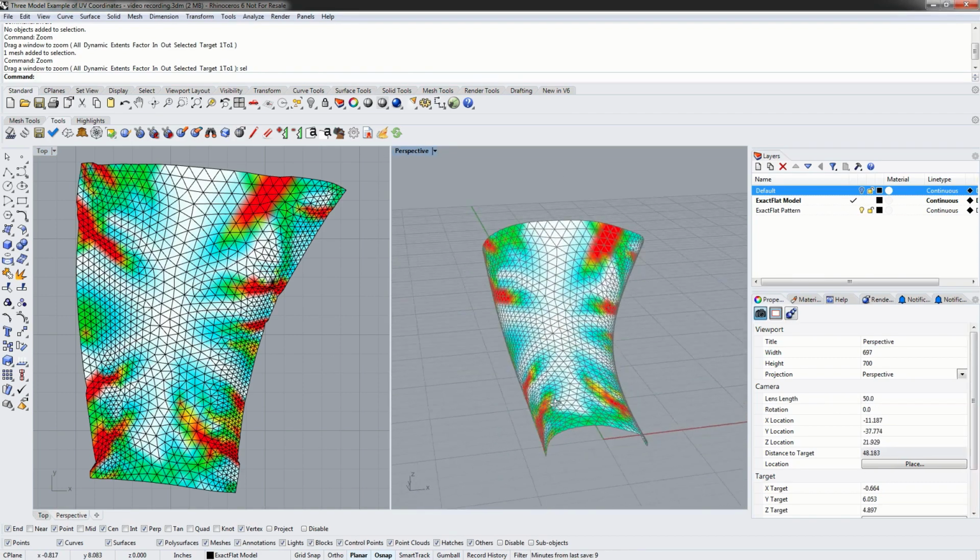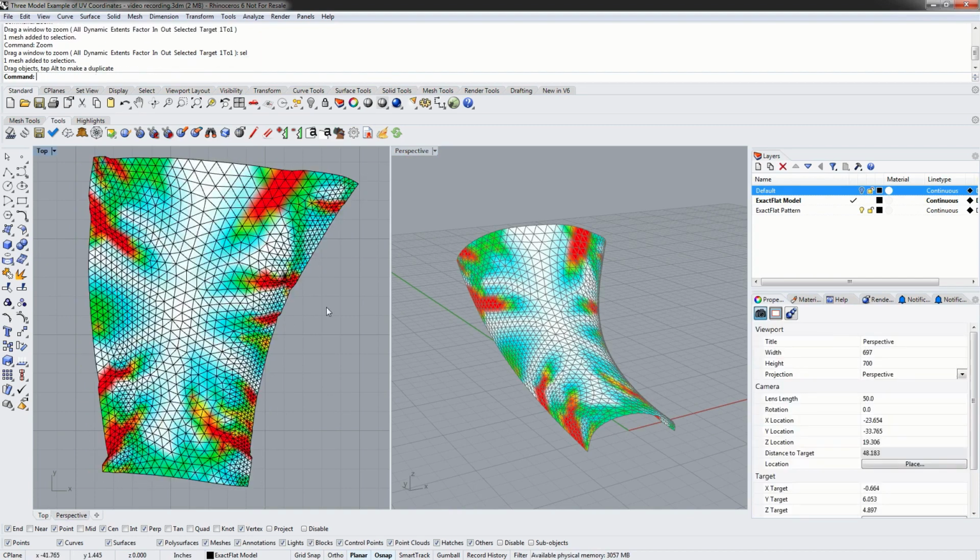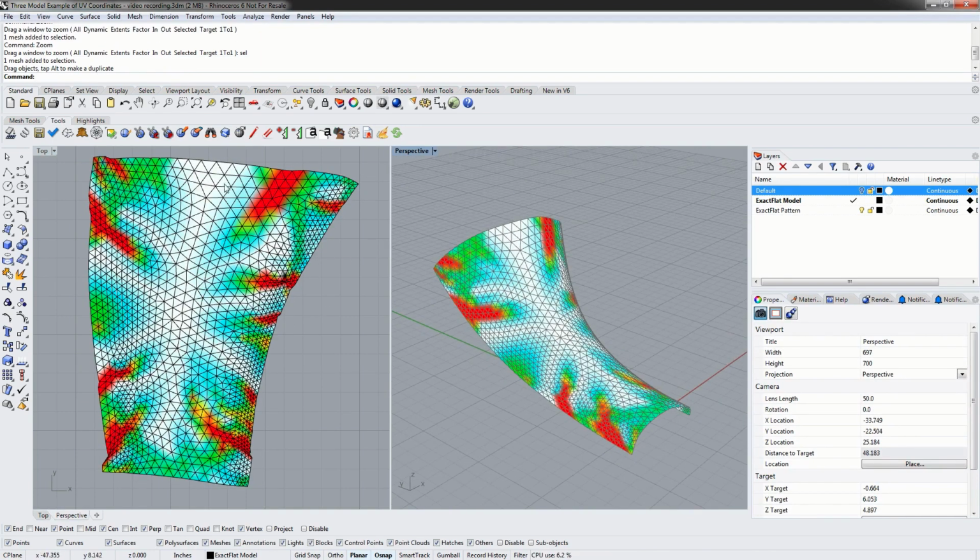We've already flattened our part here. We've got our 3D model on the right, and we've got our 2D pattern on the left. To begin, I'll show you the shortest path cutter. We can start the shortest path cutter using this icon here in the ExactFlat toolbar, or we can type the